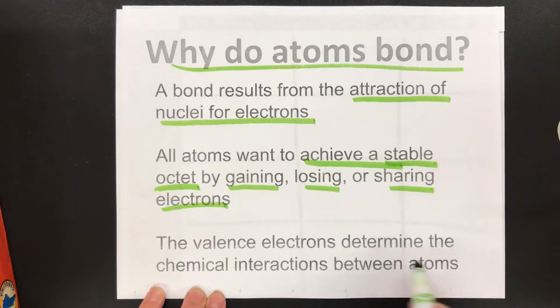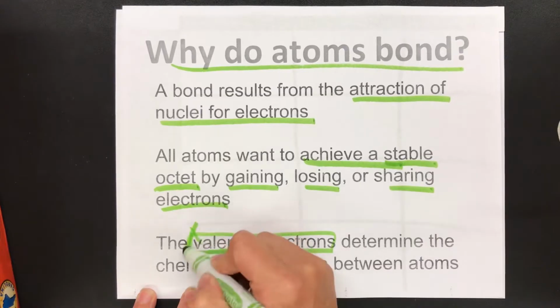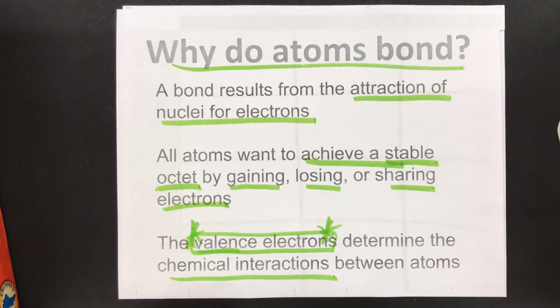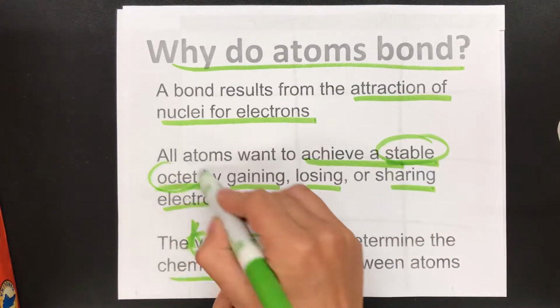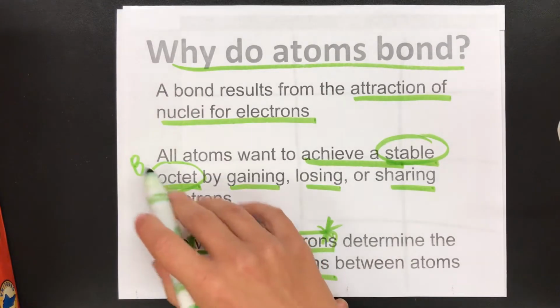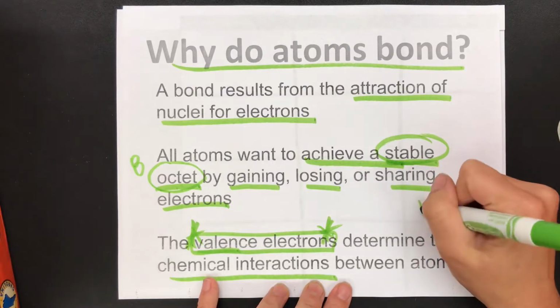The valence electrons determine the chemical interactions between atoms. Okay, valence electrons, right there. So the number of valence electrons determines how reactive an atom is. One thing about this, a stable octet, that prefix oct means 8, right? In most cases, most atoms